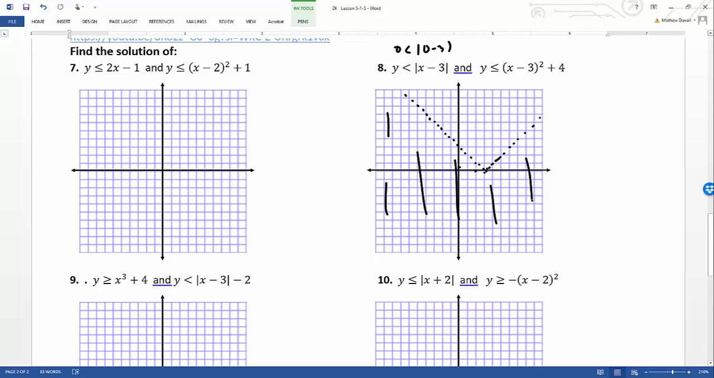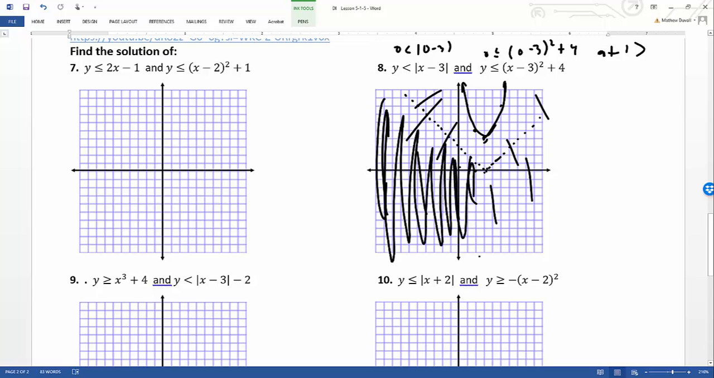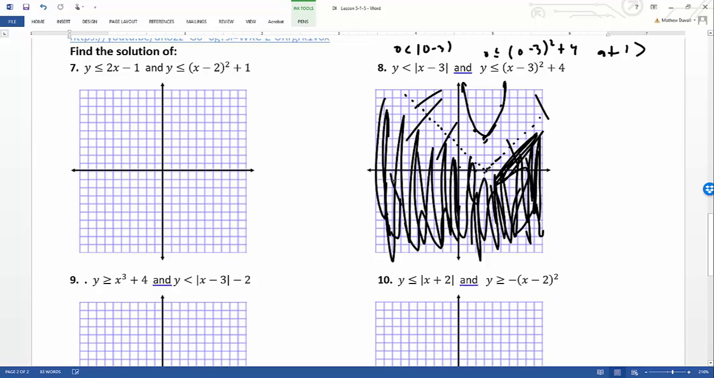And then for this one right here, y is less than or equal to x minus 3 squared plus 4. Now if I were to pick a point, let's say 0, 0. 0 is less than or equal to 0 minus 3 squared plus 4. That's 9 plus 4, which is 13. That's true. So all of this is true. This is where it overlaps. And so this is where you're going to shade it. So that darkened region, this is what's